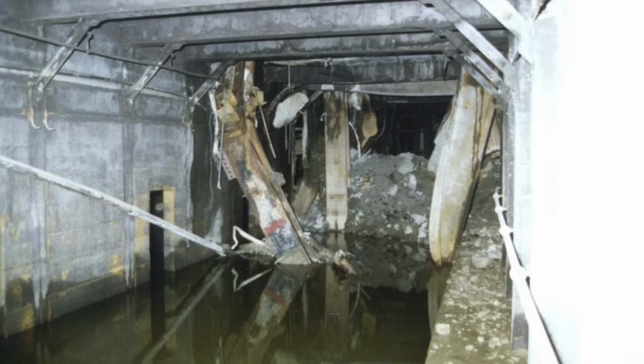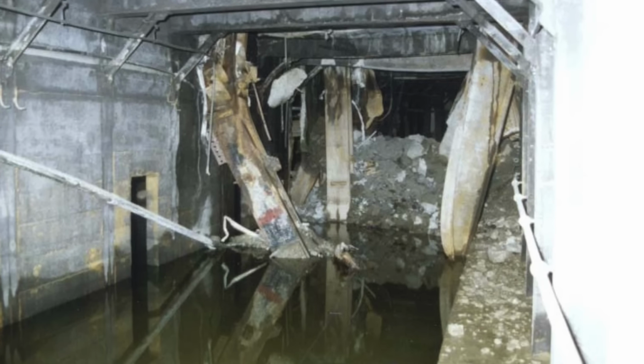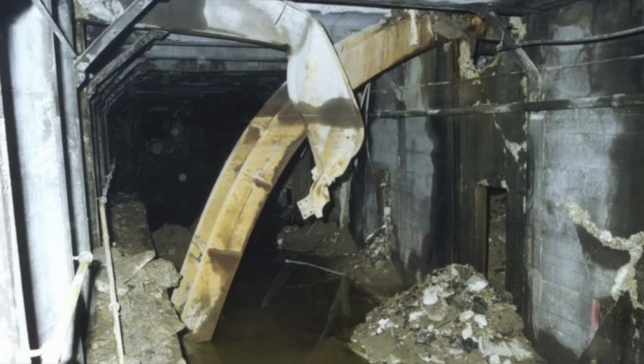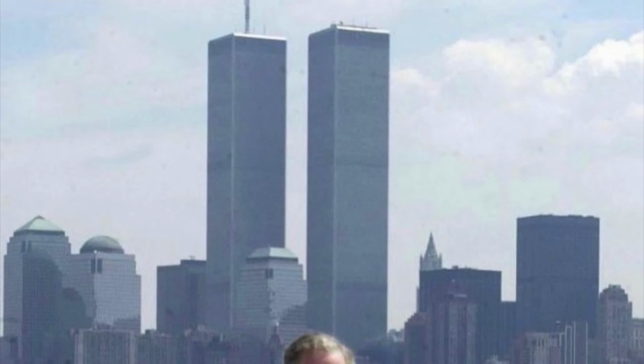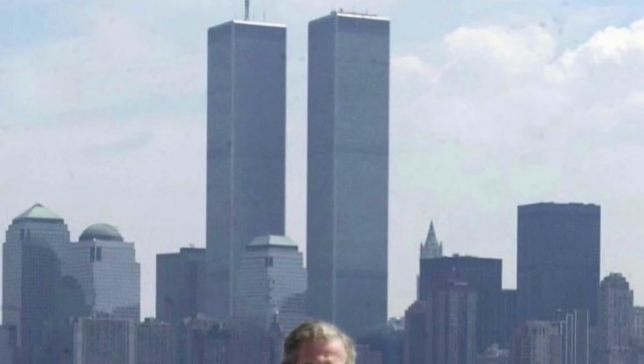That looks like 3 or 4 feet of water that's backed up there at the bottom, with a bunch of rubble, a bunch of concrete, a just massive pile of debris towards the end. And then there's another similar photo of it. And this is just a backlog I had of a few different miscellaneous photos in relation to